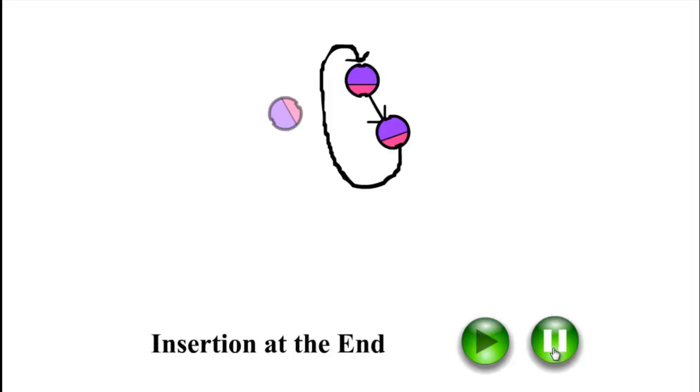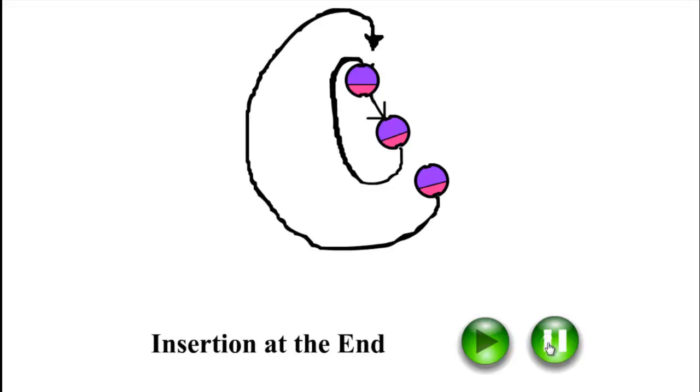Now when the third bead is entering the necklace, then it has to be connected at the end of the second bead. First we connect the end of the third bead to the top of the first bead, and at the same time we have the end of the second bead connected to the top of the first bead. But then the end of the second bead is connected to the top of the third bead to show a join between the second bead and the third bead.